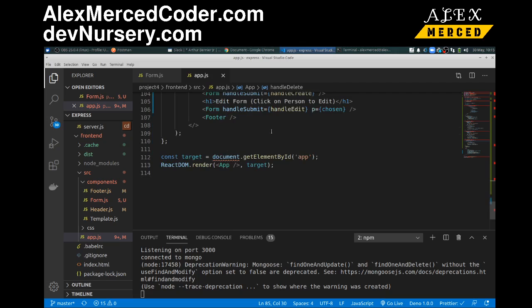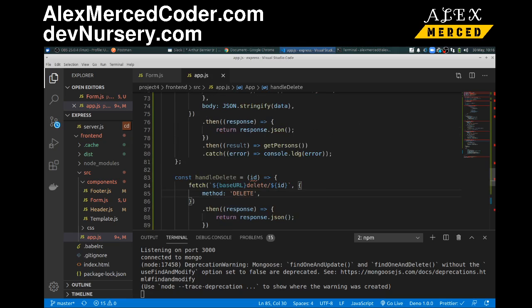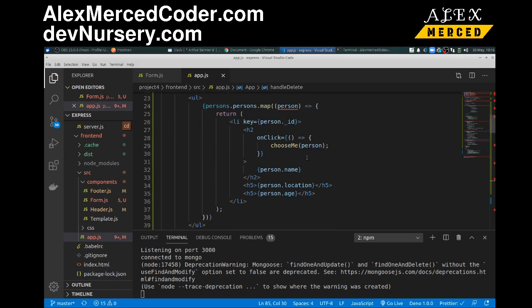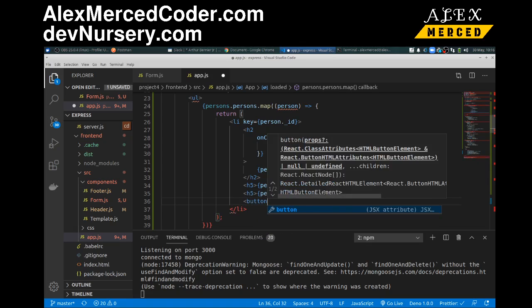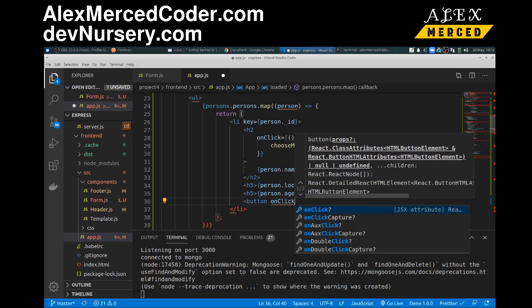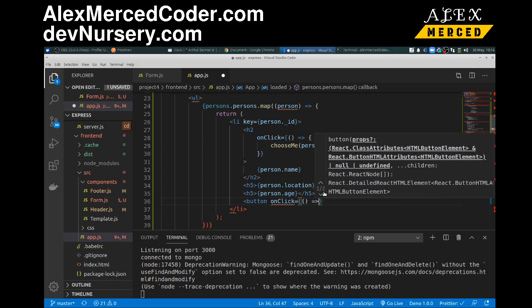So now we just need to add a delete button to each of our people. Let's go to where we iterate over each person. That is over here, in our loaded variable, and we're just going to add a delete button. So we're going to have a button, and that button will have an on-click function, which will equal an arrow function that calls